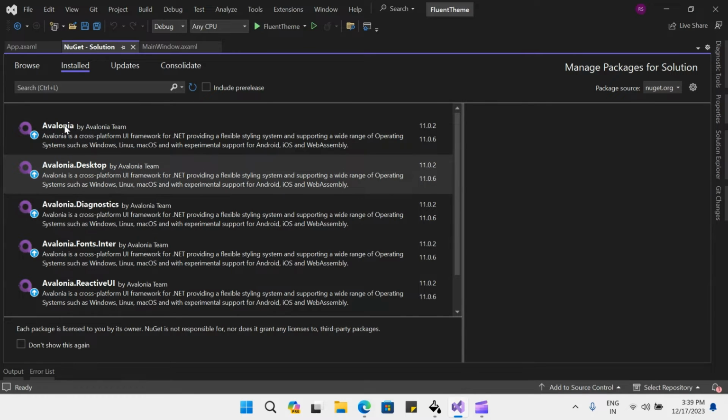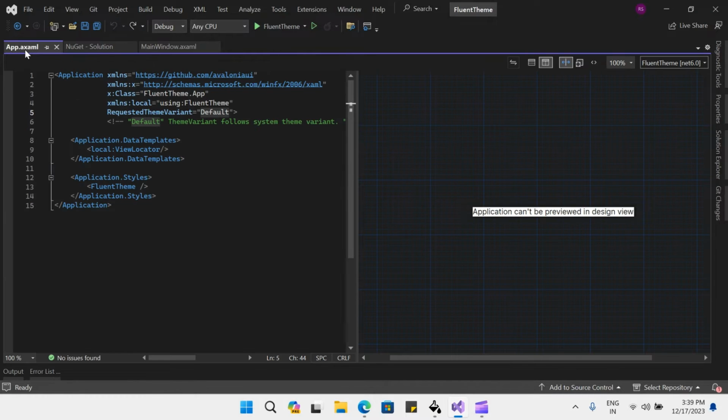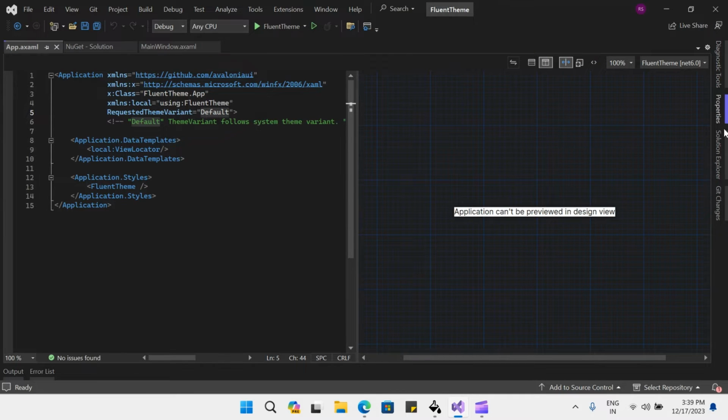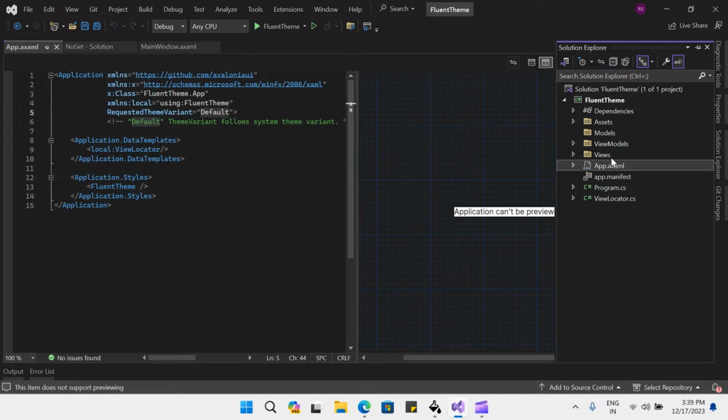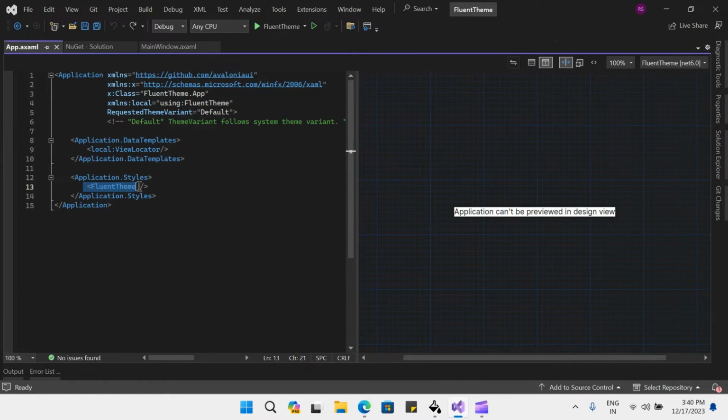So next, let's open up the app.xaml file. Here, if you do not find it, you can go to Solution Explorer, and under your project, you should have an app.xaml file. So you'll have to open it, and once you open it, you will see under the application styles, you will have a Fluent theme element or a tag. So if you need to specify dark or light variant, you will have to change the theme variant here from dark or light. For example, if I change this to dark